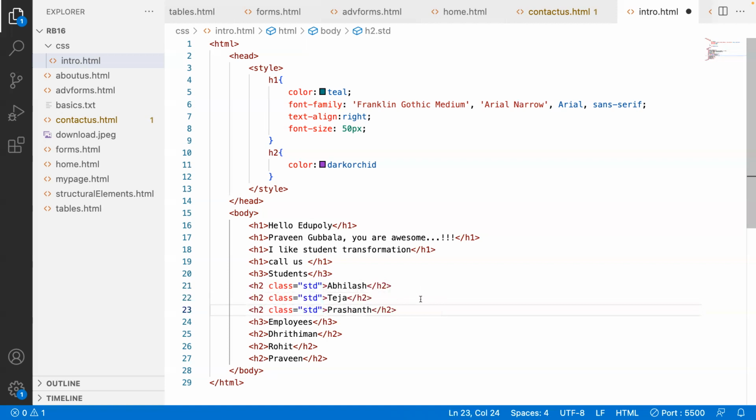these three. I'm sorry guys, I got a call. So what did I do? I have applied the same class name to all the three members. So this is what is called,